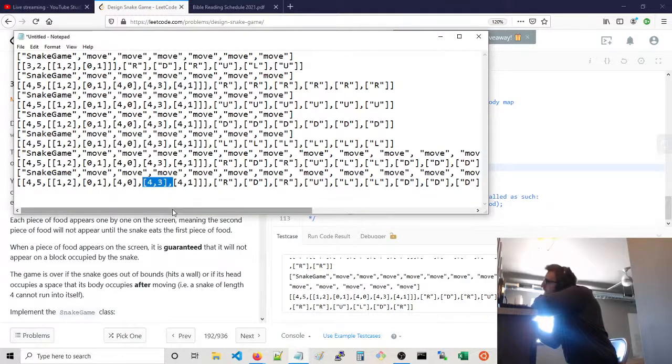So this says 4, 3 means you're at row 4. It's 5 rows. So we're at the very bottom, the bottom right, column 3. 0, 1, 2, 3 rather, yeah. We're all the way at the bottom right. So